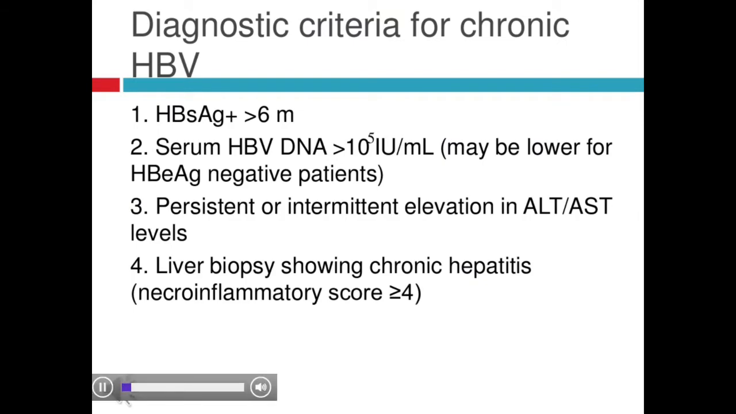The diagnostic criteria for chronic hepatitis B virus: HBsAg positive after 6 months, serum HBV DNA more than 10 to the power of 5 international units per ml, persistent or intermittent elevation of ALT, AST levels, liver biopsy showing chronic hepatitis, or